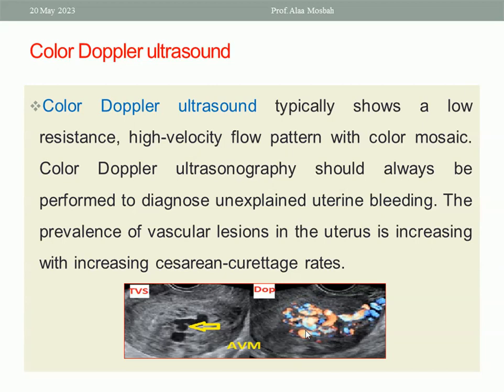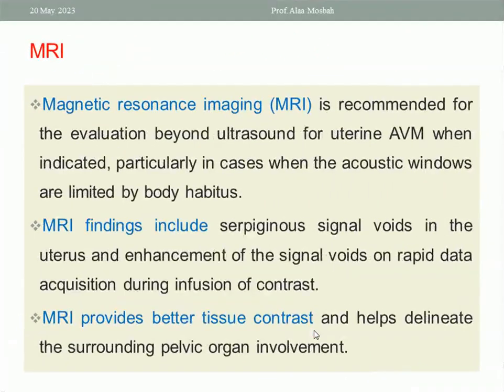A low resistance, high velocity flow pattern with color mosaic, as in this one. If you are suspecting by the TVS the tubular hypoechoic structure, or the mosaic pattern with color Doppler with high velocity,